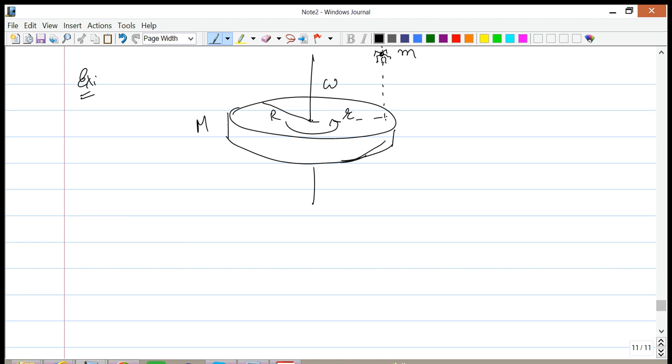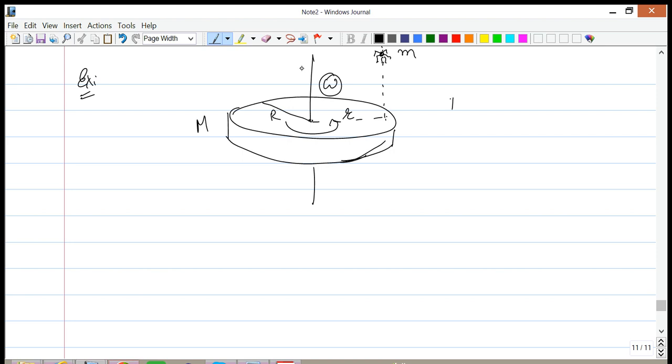Okay, so here's another example of Li equals Lf, the angular momentum conservation application. Now what happens in this problem is the following. There's a disk that is spinning at some rate omega. Now there's a spider of mass m that lands on this disk at a distance of r from the axis. The question is, what is the angular momentum of the system once the spider has landed?